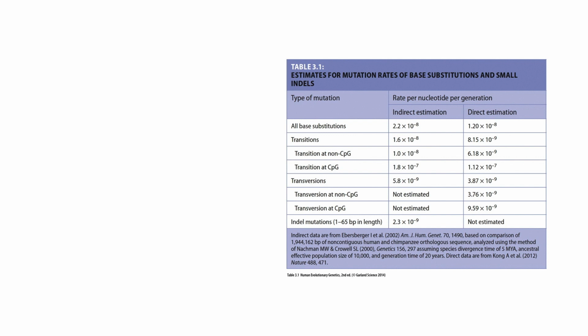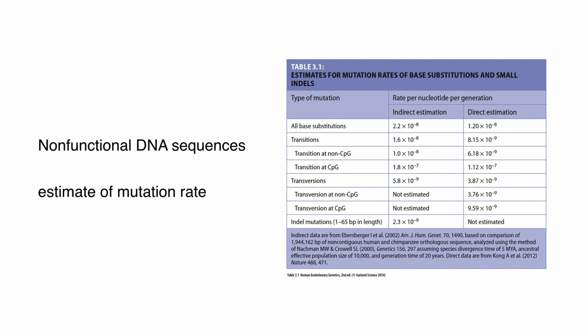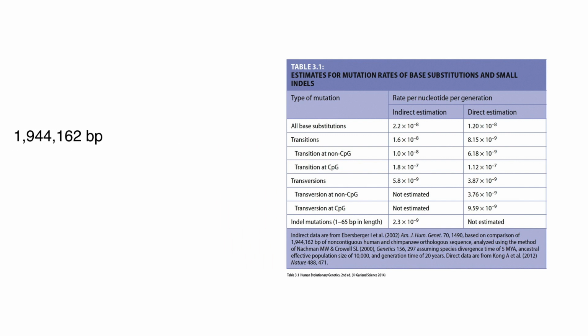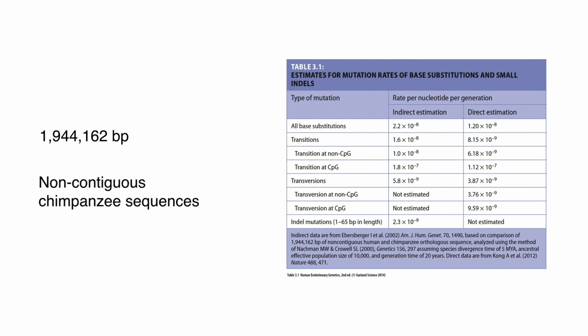For example, there was comparison of non-functional DNA sequences between species whose divergence times were known, to give an estimate of mutation rates. For example, an estimate was given from studying 2 million base pairs of non-contiguous chimpanzee sequence compared